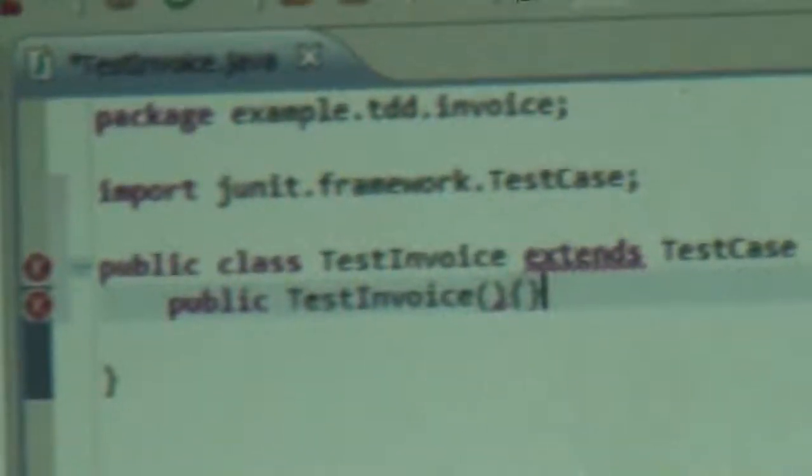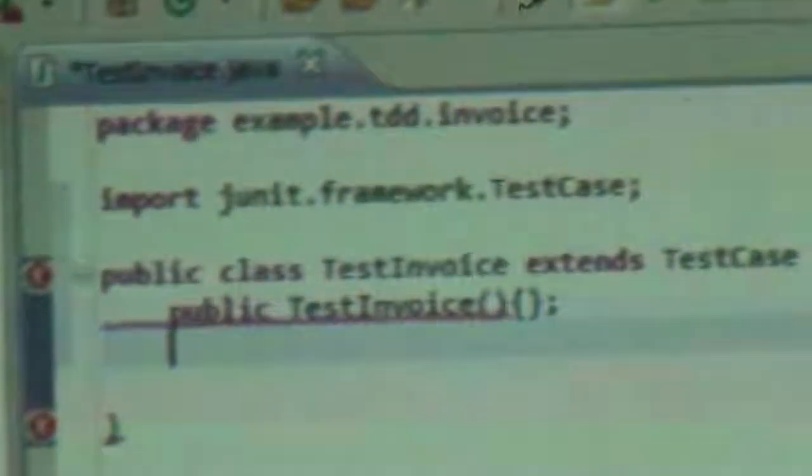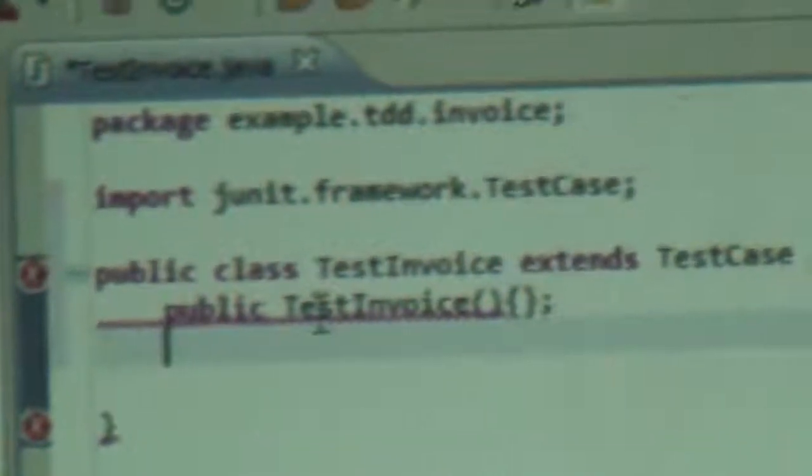So like import, and then I need to write a constructor. I'm not doing anything in the constructor. Then what's wrong? Control O. Okay, that's good.